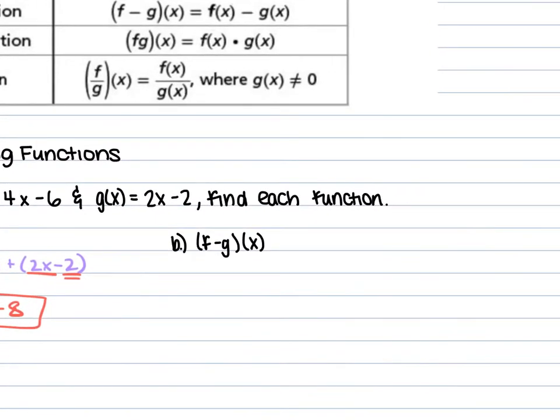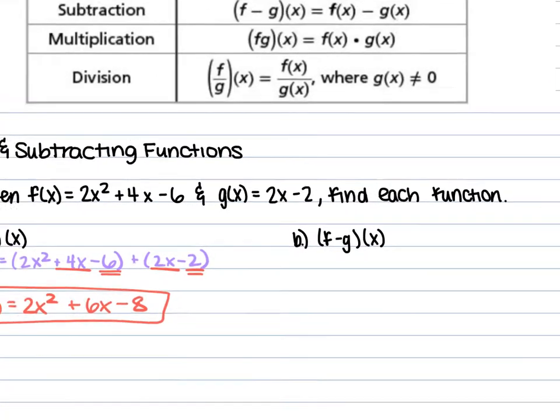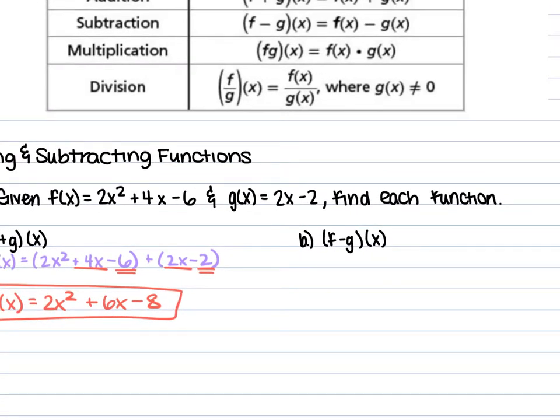For b, we have f minus g of x. So again, we're going to subtract these two. When we do this, we're going to put a subtraction sign in front of the 2x minus 2, so we're going to have to distribute that in to the 2x minus 2. So f minus g of x